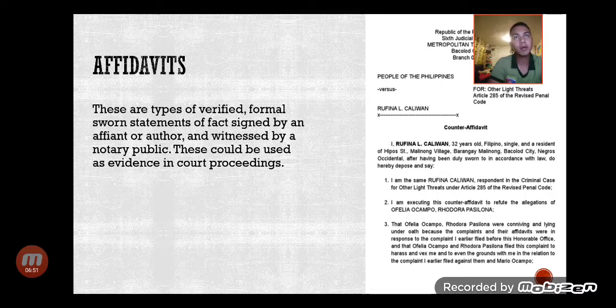So there are various types of affidavits, such as the complaint affidavit, as you can see on the image, an example of an affidavit, a counter affidavit. There are also affidavits of loss, and many more. These affidavits are valid and may be used in court proceedings because